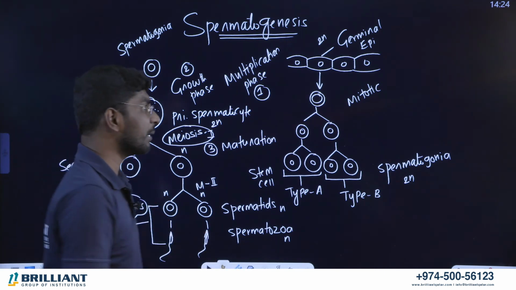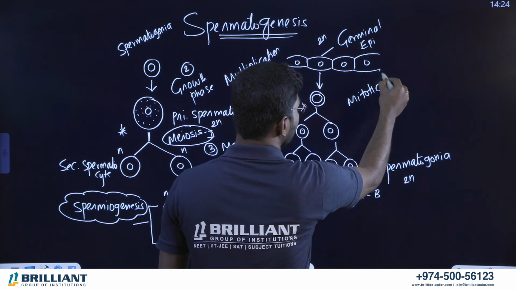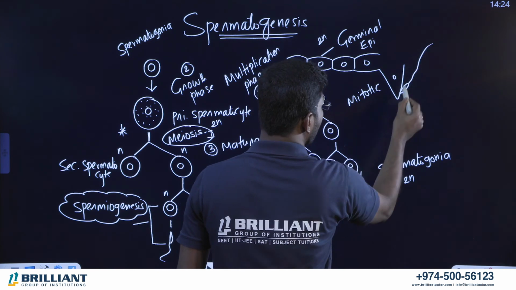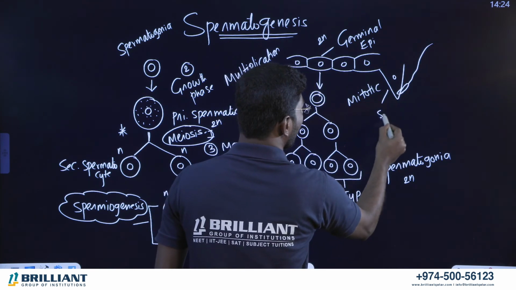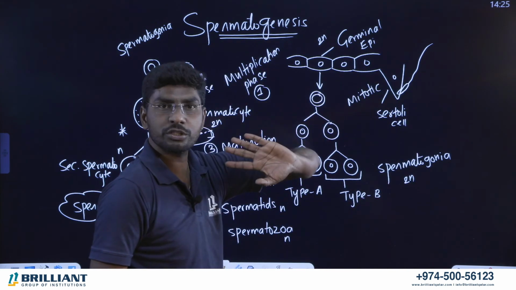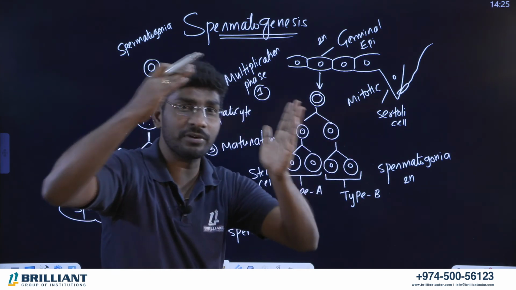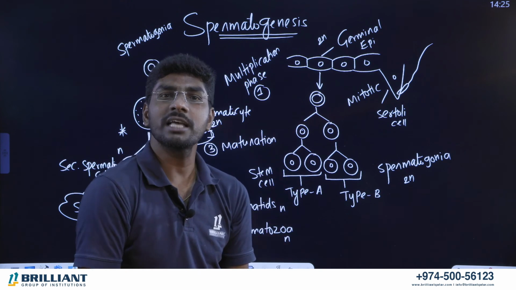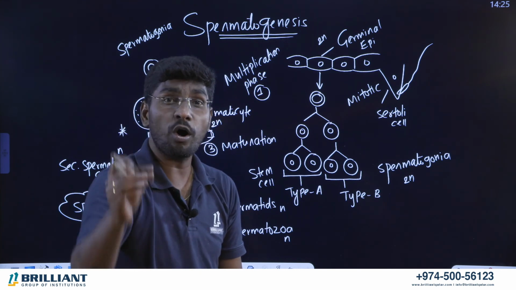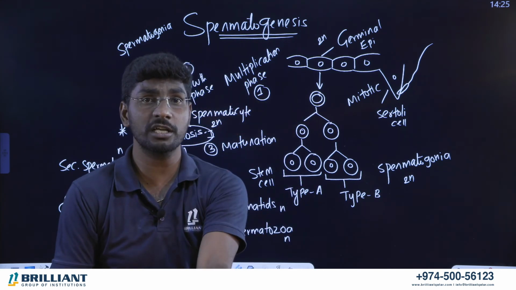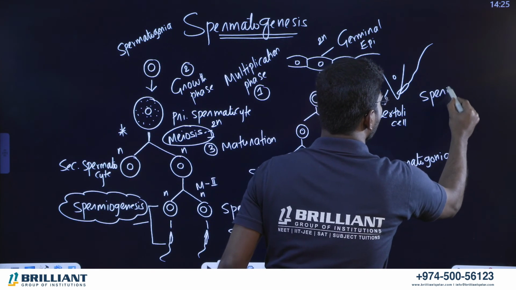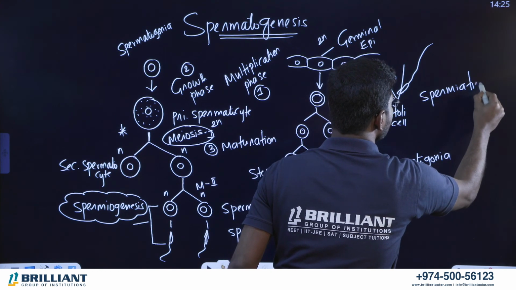So where are these spermatozoa? Look at this, this is the Sertoli cell. After the maturation, these spermatozoa are still embedded inside the Sertoli cell. Now, what happens after full maturation of spermatozoa? The head is released from the Sertoli cell and comes into the seminiferous tubule, then is released into the vas deferens, rete testis, and to the outside. The releasing of spermatozoa from Sertoli cells into the ducts of the testis is known as spermiation. Remember, spermiation.